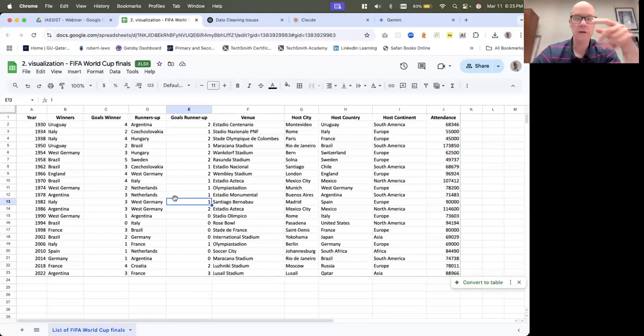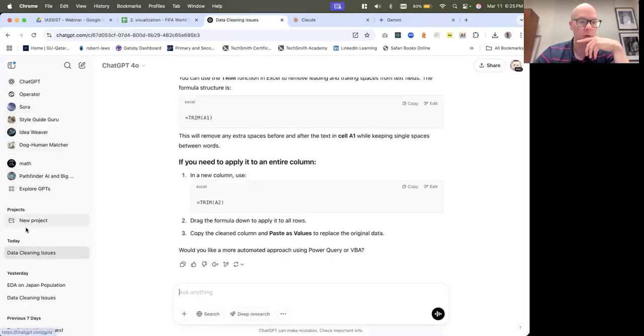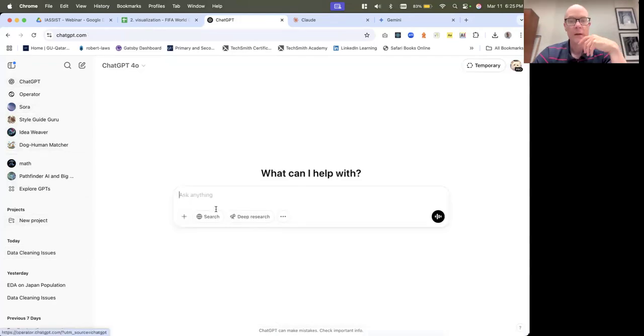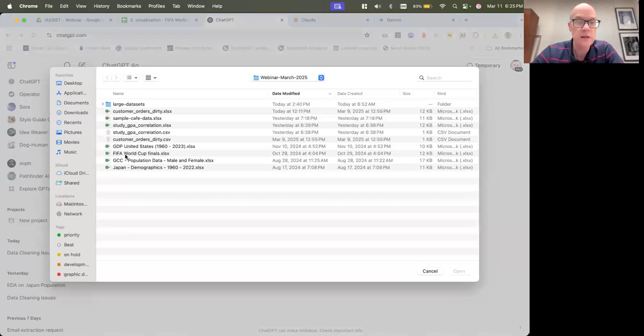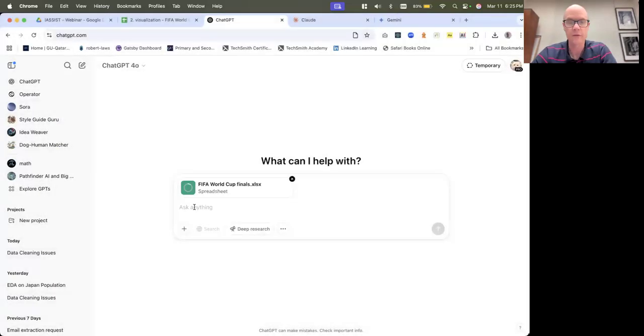This data is interesting because there's not an obvious way you would want to visualize it. Depends what you want to get out of this data. So the cool thing is, and we'll start a new chat, is that you can actually ask ChatGPT to help suggest ways to do it. So I have this data set.